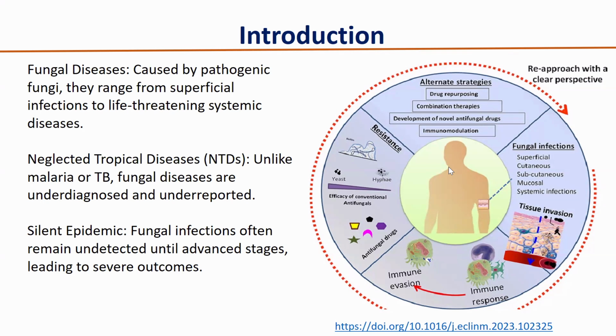And they cause a wide range of infections, starting from superficial or cutaneous infections. The common infections that we know are tinea pedis or athlete's foot, tinea corporis, which are on the skin, or tinea capitis, which happens on the head, very common in children. But it goes to a wide range. We have subcutaneous infections, we have mucocutaneous infections like vaginal candidiasis, and oral candidiasis, very common in immunocompromised individuals.